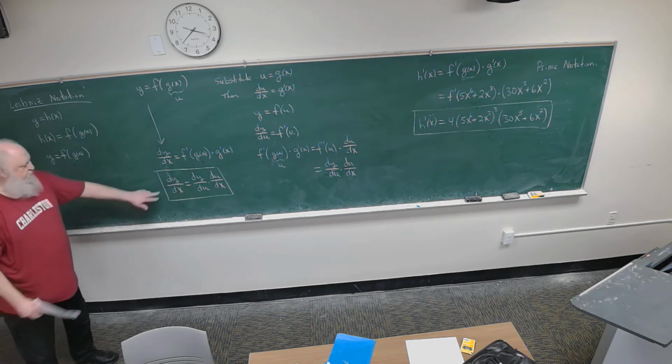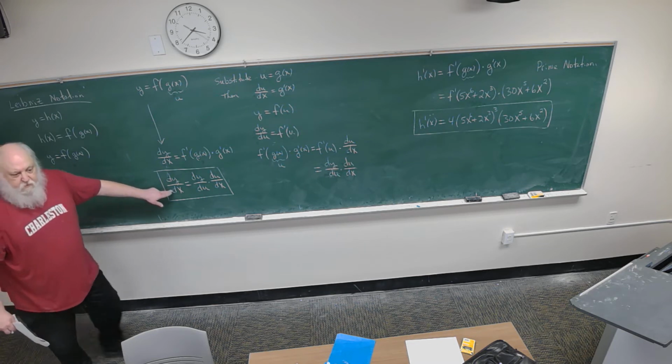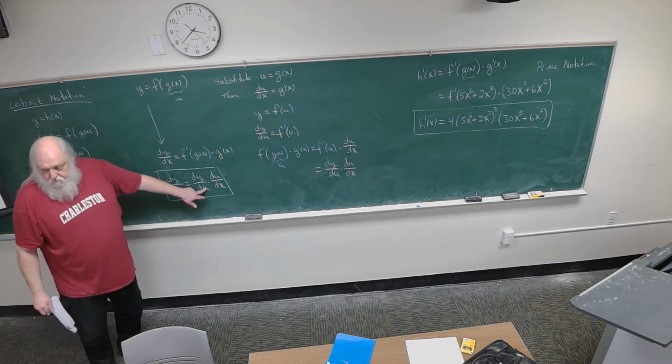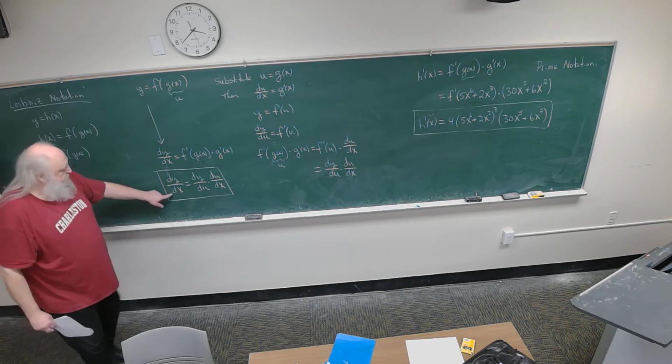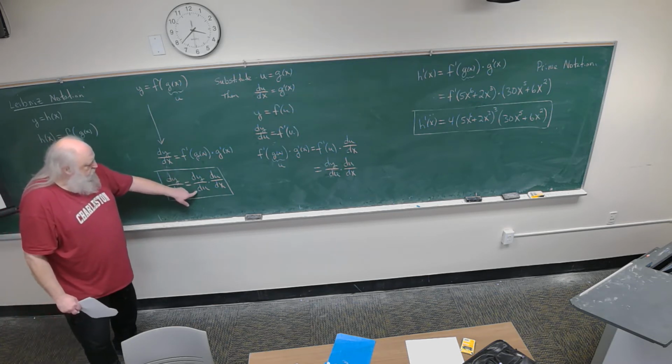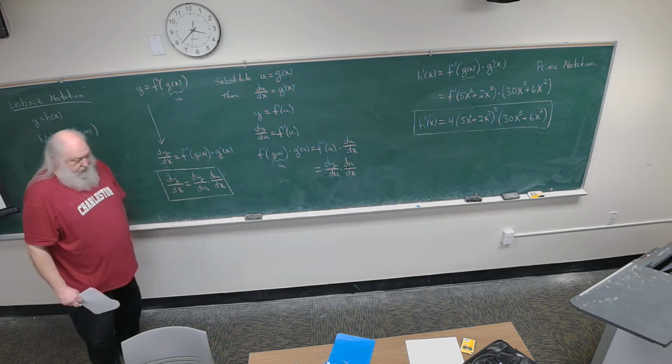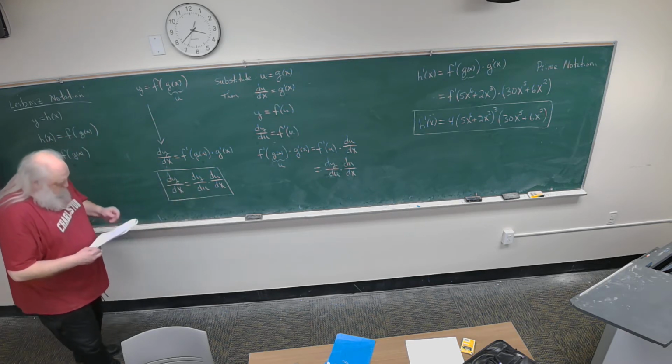This is the derivative of a composite function using Leibniz notation. Okay. Derivative of y with respect to x is equal to derivative of y with respect to u times the derivative of u with respect to x. Okay. Now,